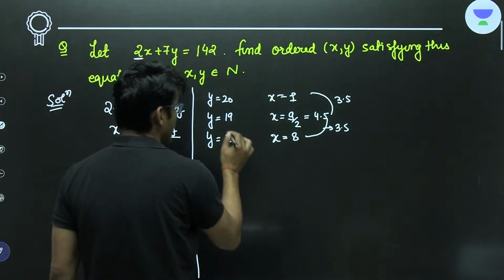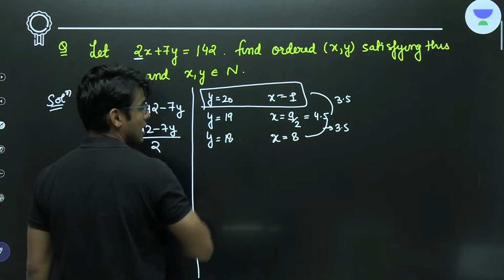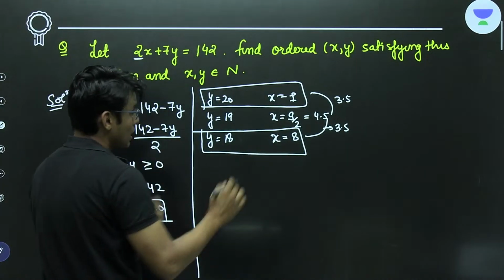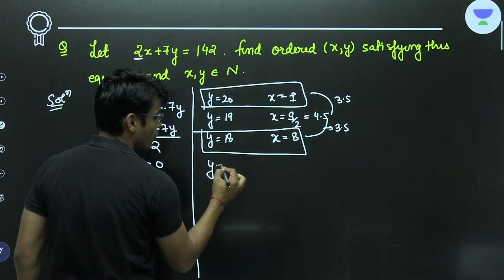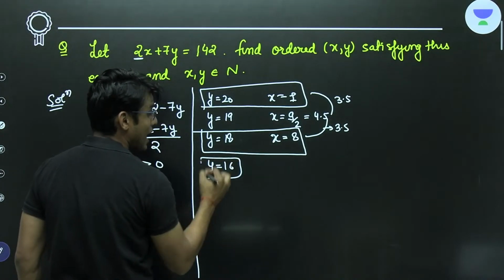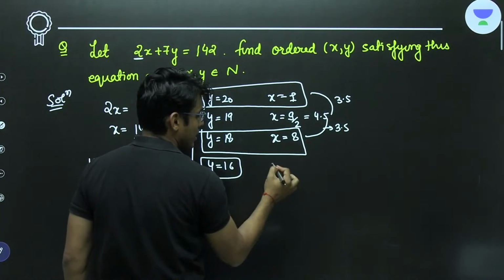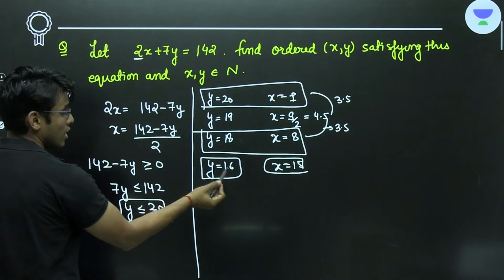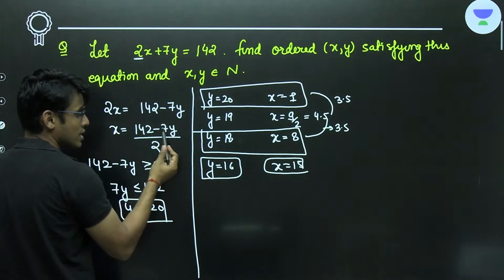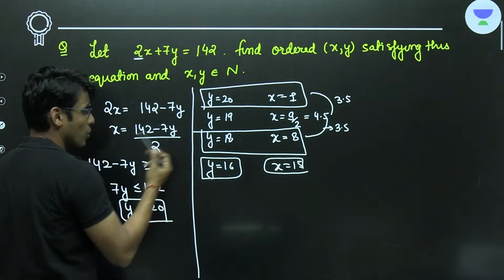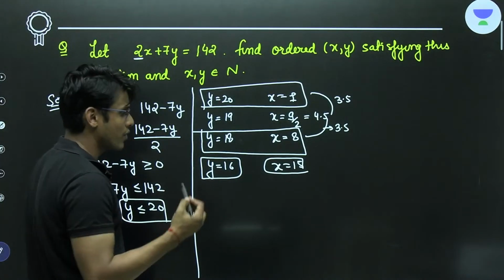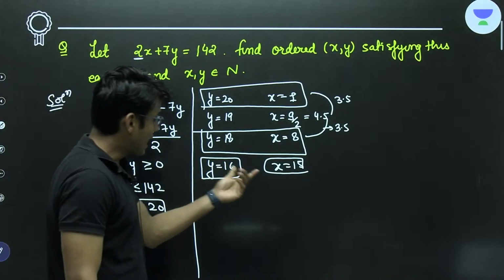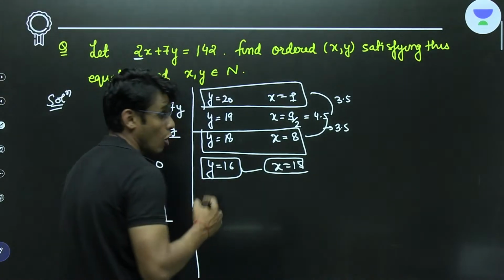So if my y is 20, x equals 1. If y is 18, x equals 8. Going by this logic, if I put y equals 16, I should get, adding 7 here, x equals 15. Now let's verify. Put y equals 16 here. 16 sevens are 112. 142 minus 112 is 30. 30 upon 2 is 15. So x equals 15. This implies that this is a solution. Now my pattern is working,